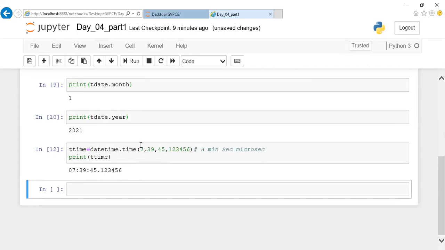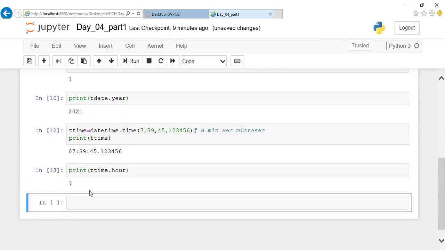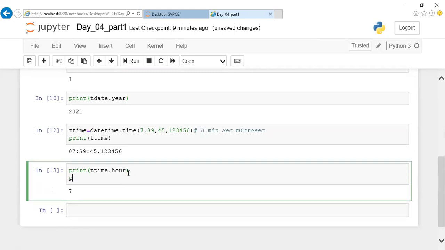That's possible just by mentioning print tea time dot hours. If I mention this, hours will be displayed. The same thing if I mention print tea time dot minutes.